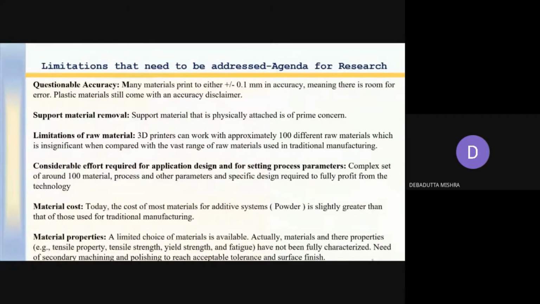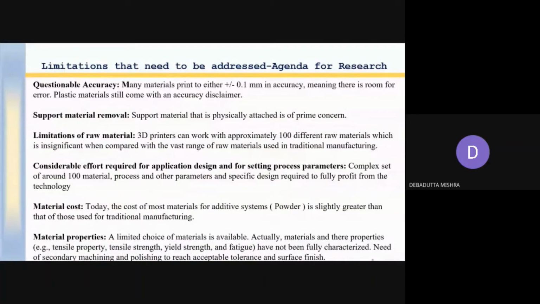Okay. Now there are some limitations, or issues that must be addressed, and this may be your research agenda. When you study deeply into the process or the final product, or go for microanalysis of the final part, the accuracy is a question.